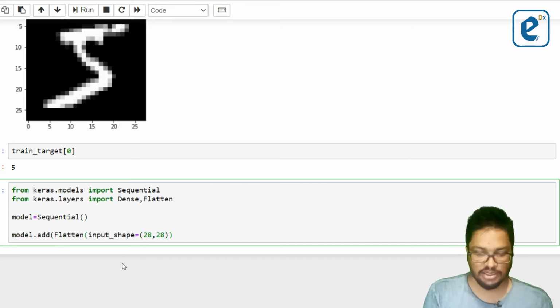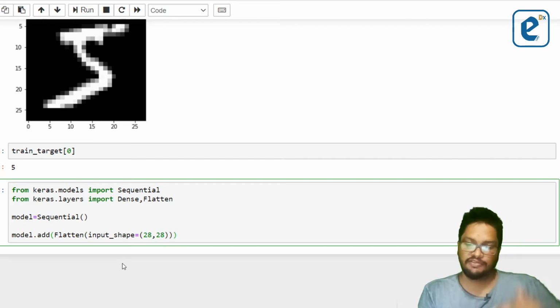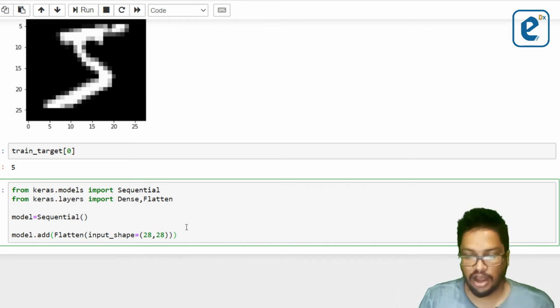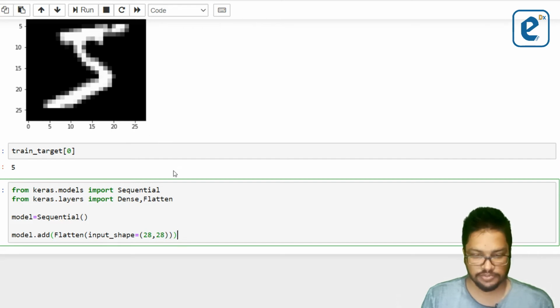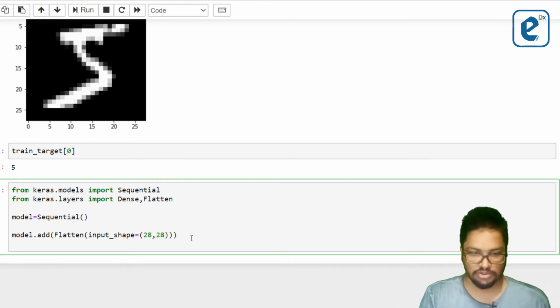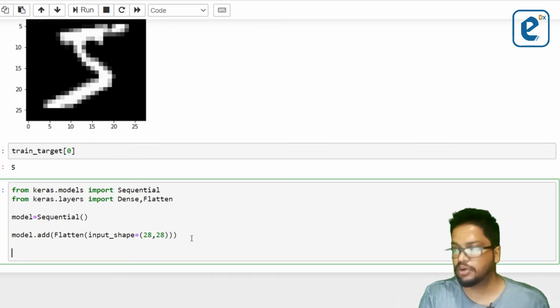So the flatten layer is going to take the image and flatten it. So this will be the first layer, I mean the input layer,